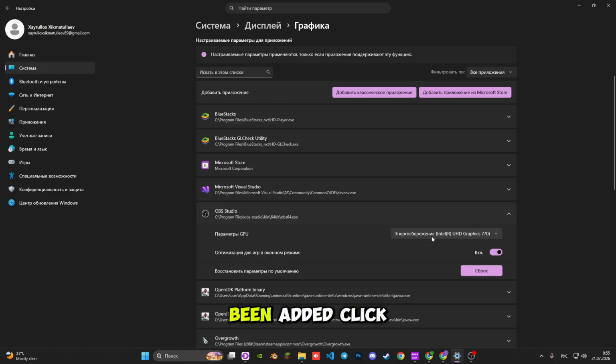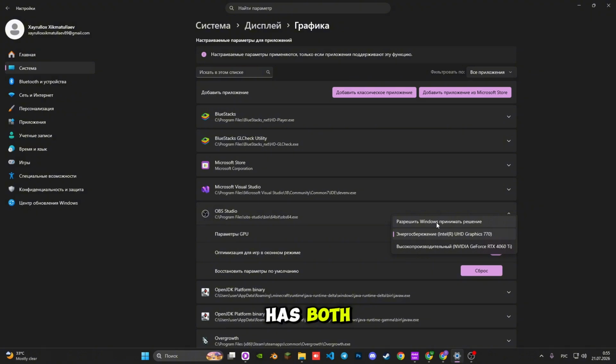Once OBS has been added, click on it and select Options. If your computer has both integrated and dedicated graphics, you'll usually see two options. One will be your integrated graphics, such as Intel, and the other will be your dedicated GPU, such as NVIDIA or AMD. For display capture issues, select the power saving option, which typically uses your integrated Intel graphics, then click